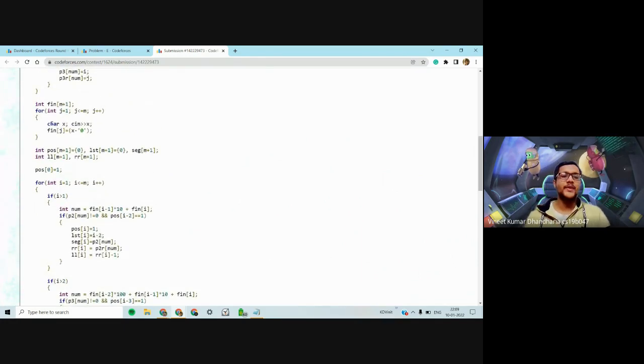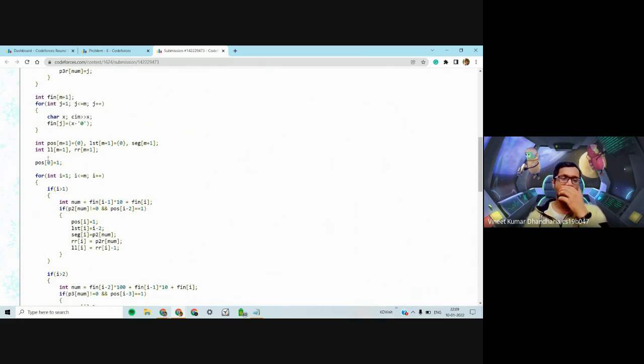Let's see what we do next. The next thing is kind of like a DP. First of all, you store the new number that you want to make. Now let's see if it's possible to make the new number or not.